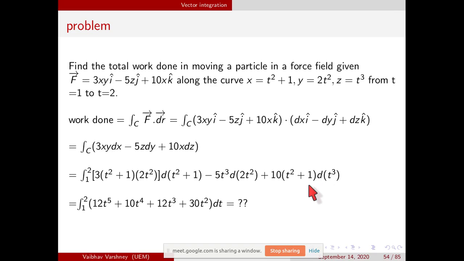Got it? Means, in the last term we need to double integrate? No, no, that's what I am telling. Sir, 10(t square plus 1) will be 2t dt, and then again 3t square dt? No, no, this d is only with this t cube. This is not with 10t square. Got it? Okay, you will get this, I think. Just try after class. If you cannot get it, I will do it, take a photo and send it to you in the group.